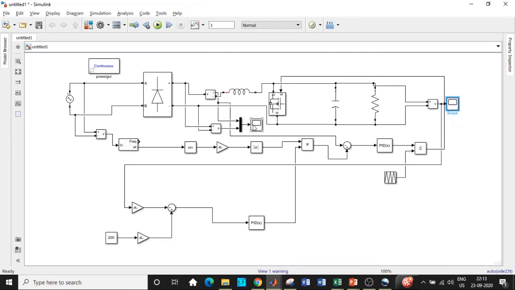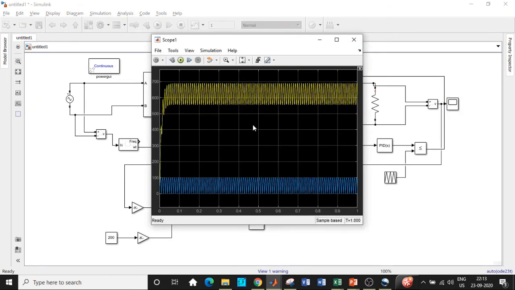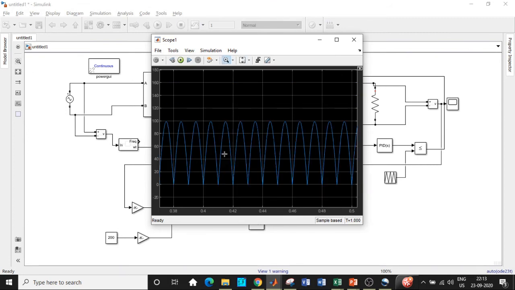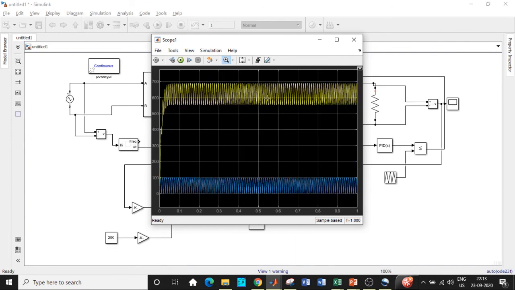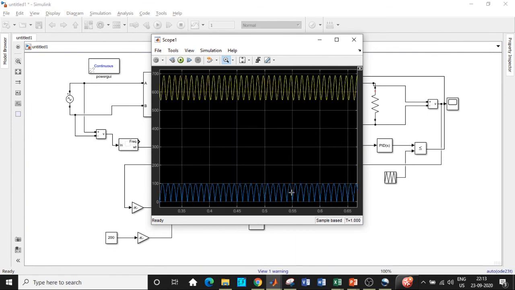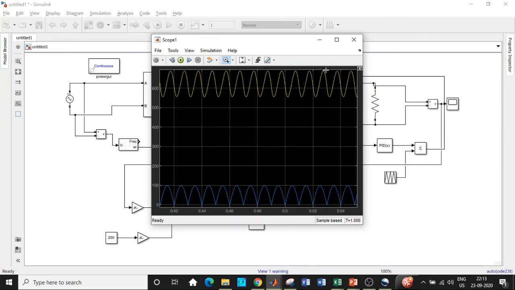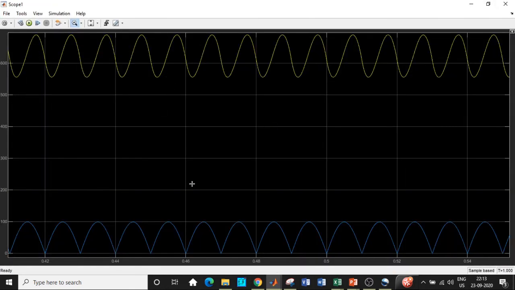So let us look at this part. This is one of the most important things that we have designed the circuit for, isn't it? So now observe this. This is the current waveform and voltage waveform. Restore the original view. If you carefully observe this waveform, both voltage and current are approximately in phase with respect to each other. When the current is increasing, the voltage is also increasing, and when it is decreasing, it is also decreasing. So they are in phase with respect to each other in this case.